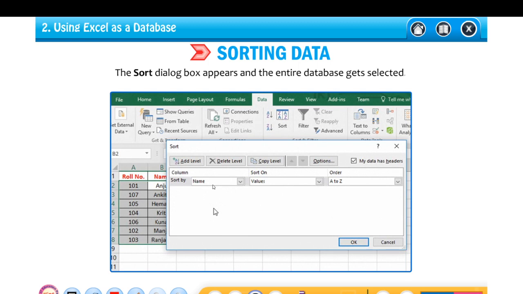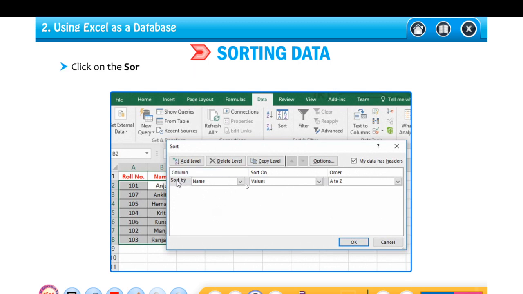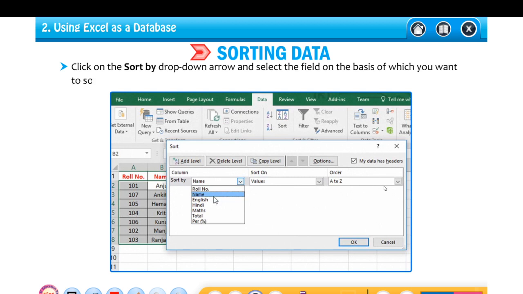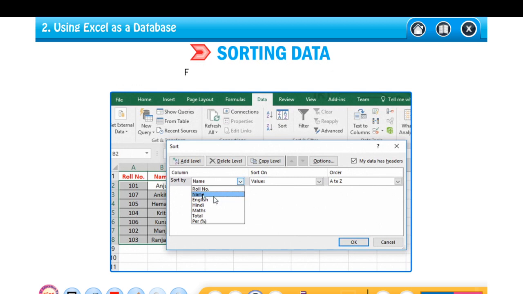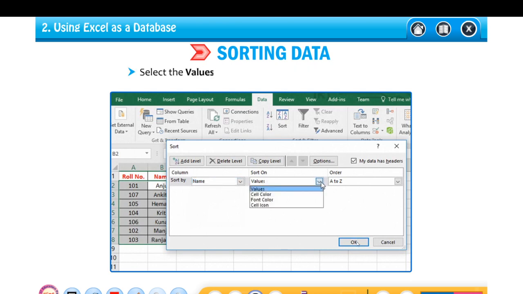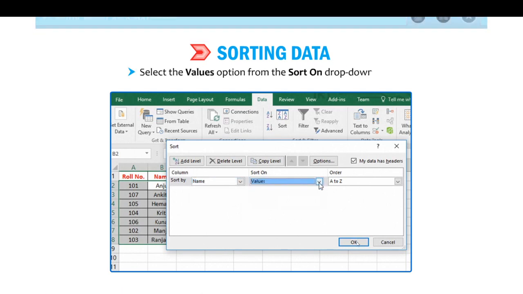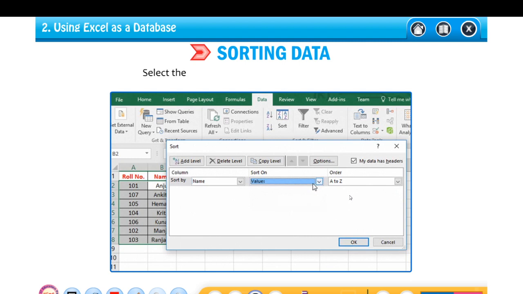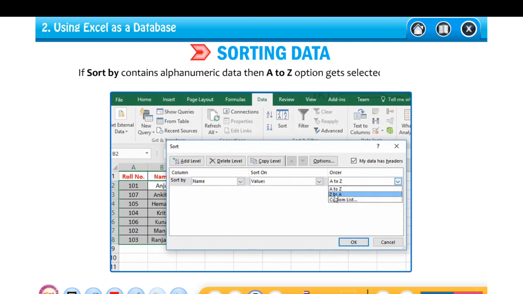Sort values on A to Z. So we have selected Name and then A to Z. Press OK, and it will be arranged in A to Z way. And if you select Z to A, it will be in Z to A way.